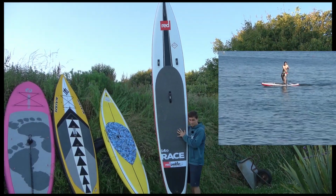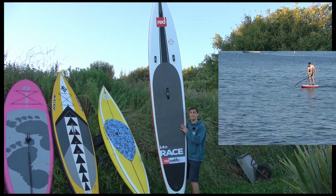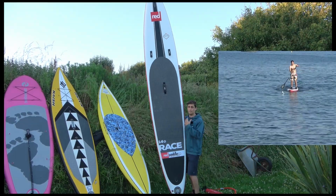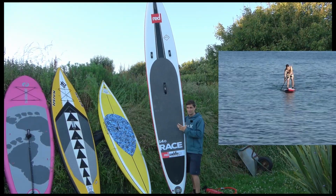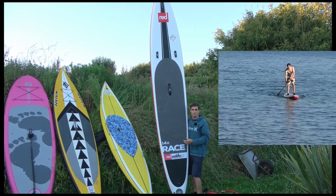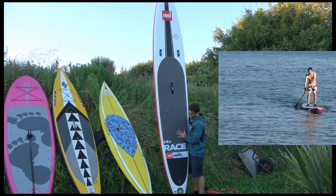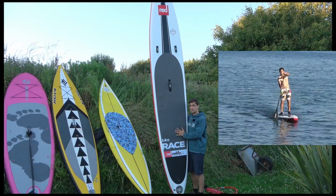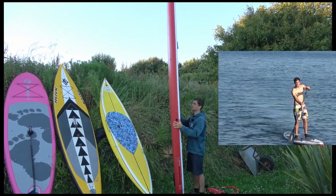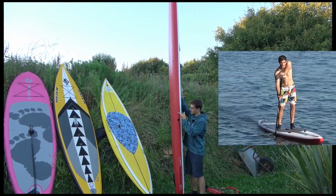But really, my mantra with inflatables is that if you can, go for as long as possible, because they just shrink down into such a small size. I personally don't have the space for a 14-foot board, as we'll see. But a 14-foot inflatable is just so easy. And this one is 26 inches wide. So that means it's a little bit more wobbly on the water, and again, about 6 inches deep, which makes it nice and rigid. But the really nice thing about this one is you have this little hole here,